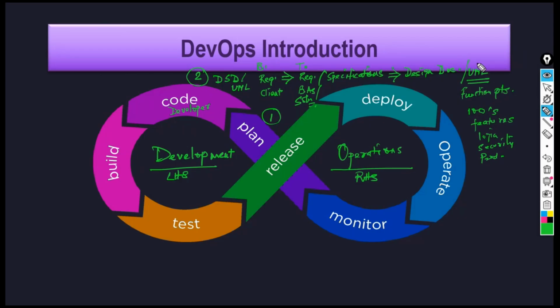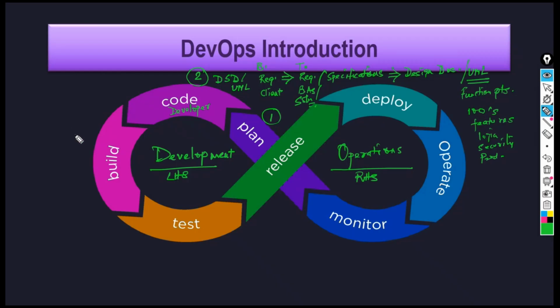Whatever it is, all will be specified in the UML diagram or sensitivity diagrams. That comes to the developer. Developer will be converting this into what? Through the help of some languages. It can be anything, you can name it. They will codify the entire thing such that these functions or features can be developed.